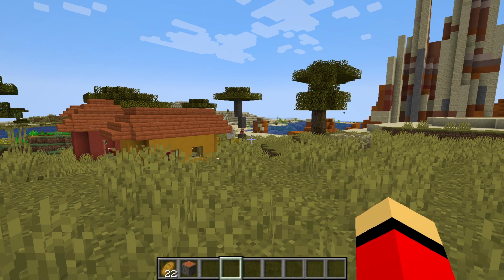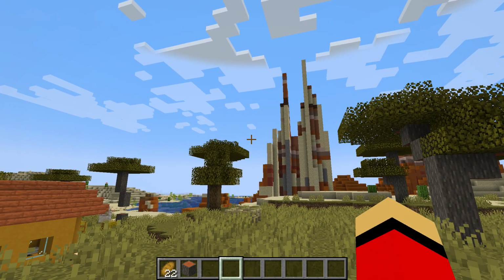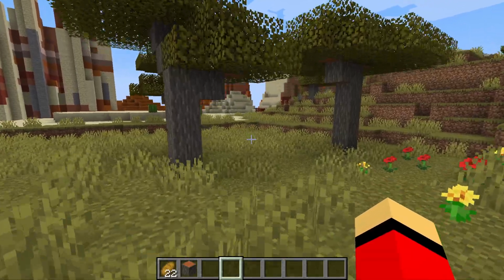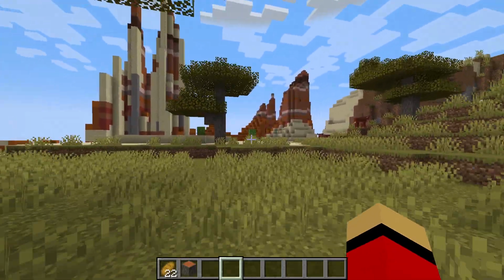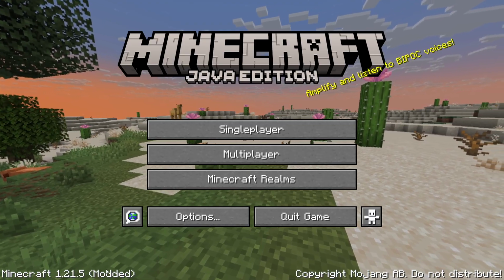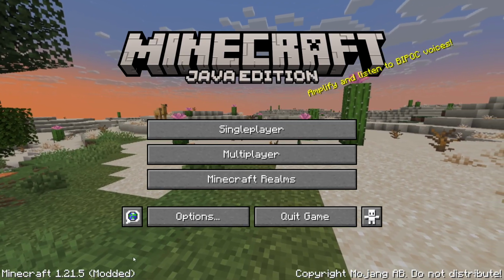In this video, I'm going to show you how to install OptiFine in Minecraft 1.21.4. So as you can see right now, you are in Minecraft and of course you want to download the OptiFine version. If we quit at the moment, I do have Minecraft modded, but not OptiFine is the mod that